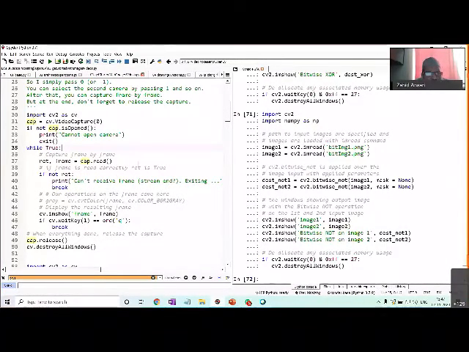In the simplest way, whatever frame we are capturing, we are displaying through imshow. This loop will go until the user presses Q. waitKey(1) will wait for 1 millisecond, and then go to the next iteration of the loop. When Q is pressed, it will come out. Then we release the video capture and destroy all the windows. Yeah, so if I run this,